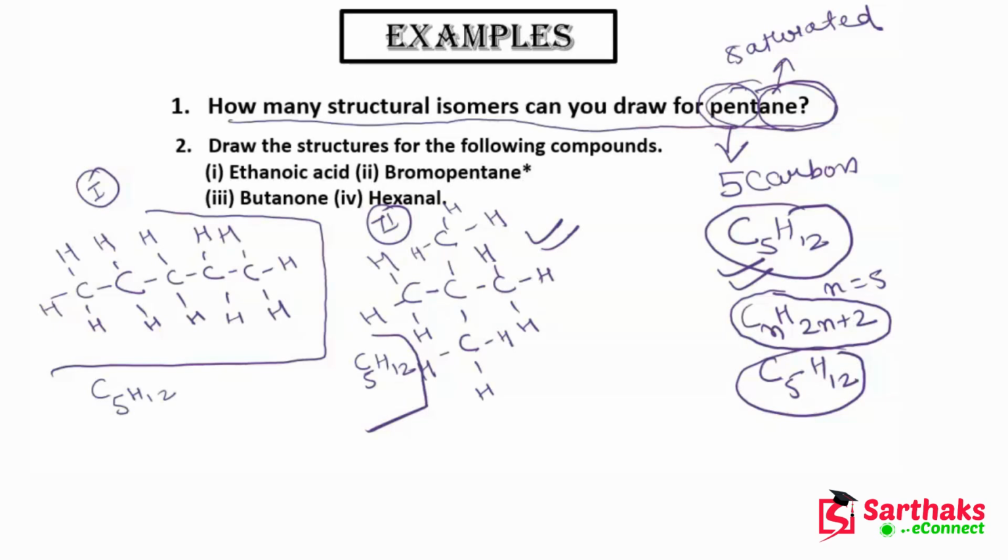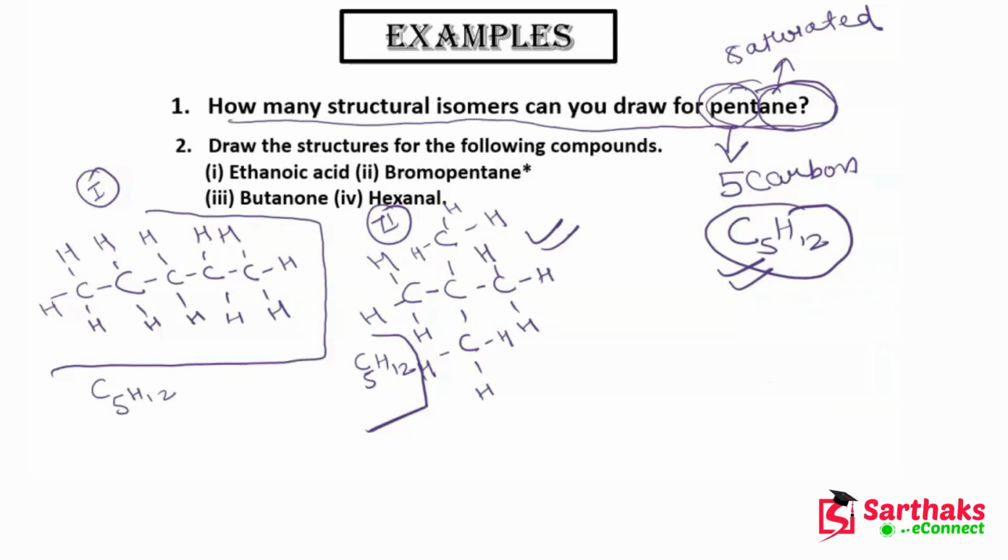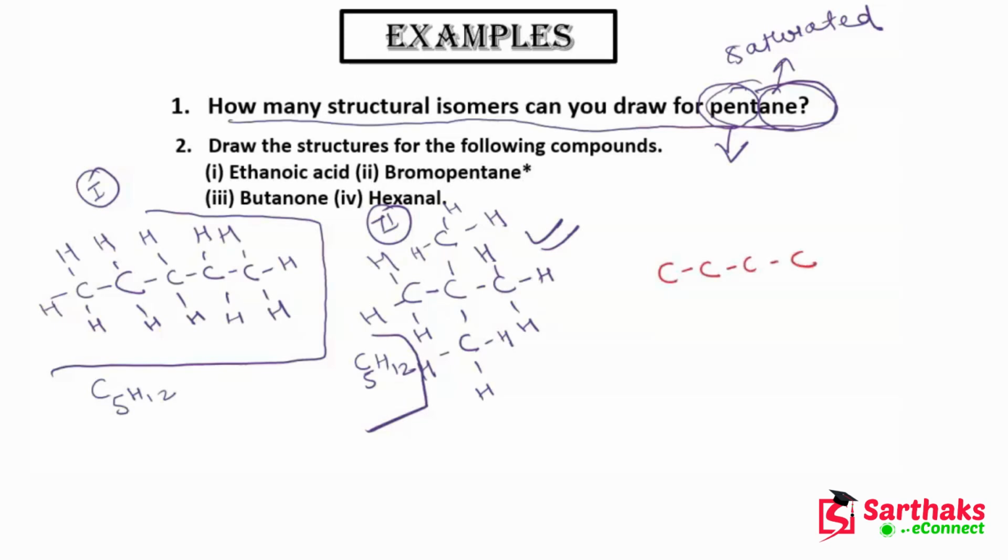Now let's figure out if there are other possibilities as well. So guys, we can also draw the structure of this. Let me erase this here and draw the structure. Okay, so basically guys, this is carbon and this is also another carbon, and now what can I do? I can attach one carbon here. So now if I satisfy the valencies, then it will look like this.